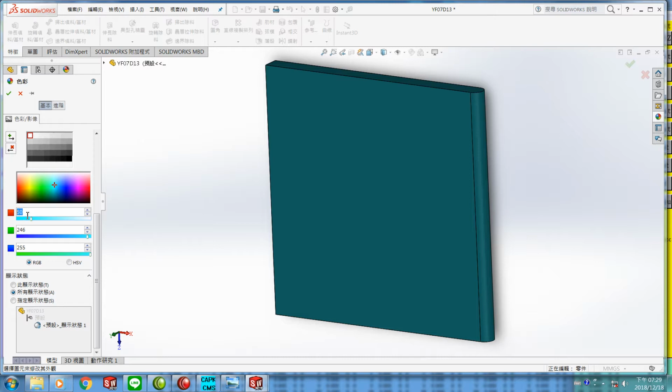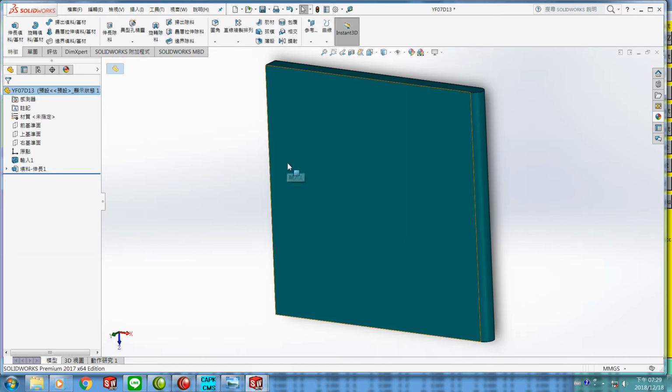The red pixel 0, the green pixel 255, the blue pixel 255. This is what we defined in previous components, and say OK, and then put the